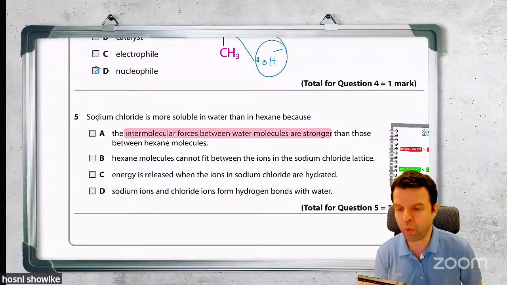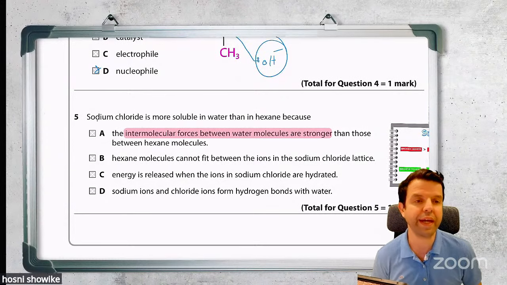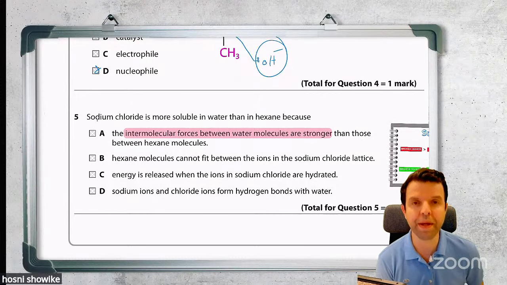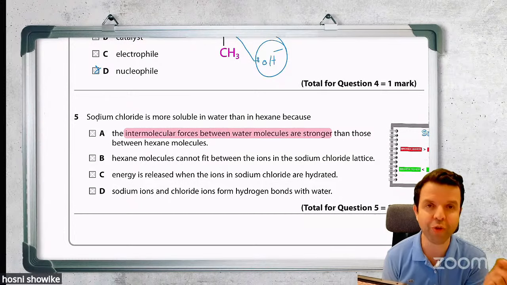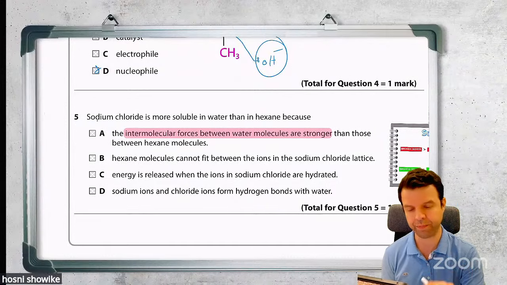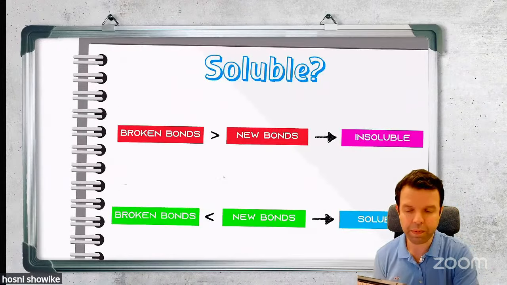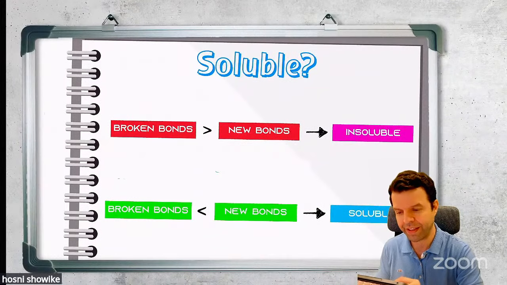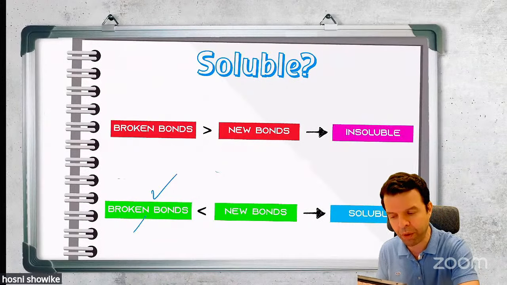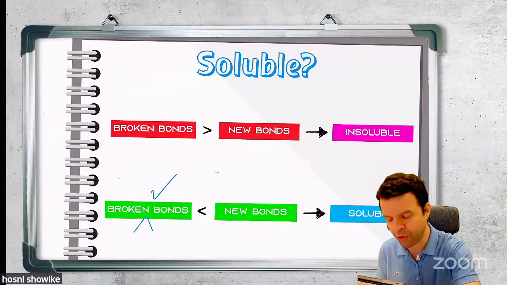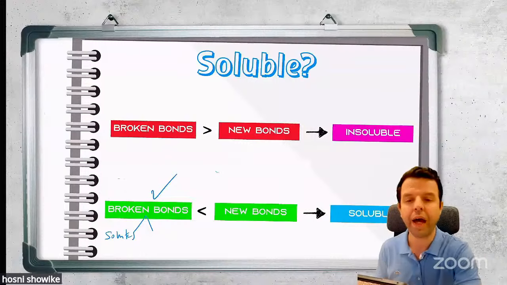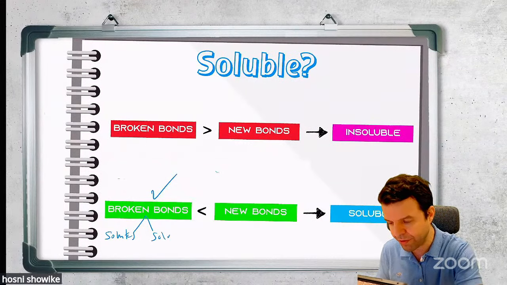Sodium chloride dissolves in water, but doesn't dissolve in hexane. Solubility always depends on one thing: the bonds you have within the solute and the bonds you have in the solvent. Once again, solutes dissolve very well if the bonds you break, and what do I mean by broken bonds here? That's not a chemical reaction, just like you're dissolving here, right? The bonds between the solutes themselves and the bonds within the solvent itself are